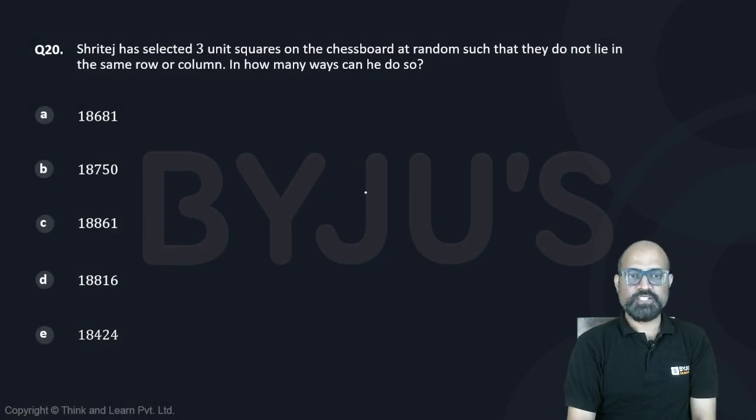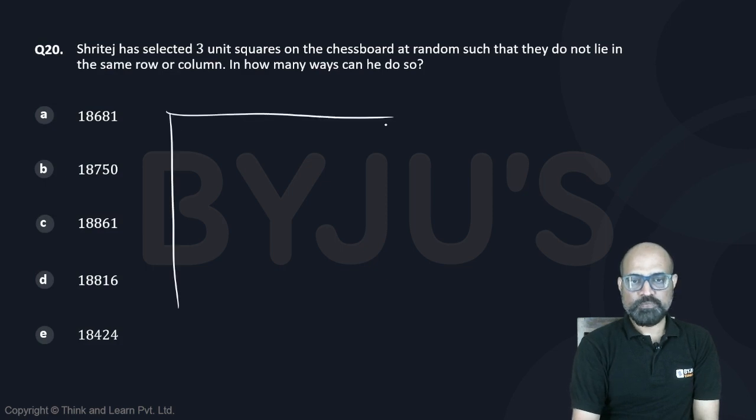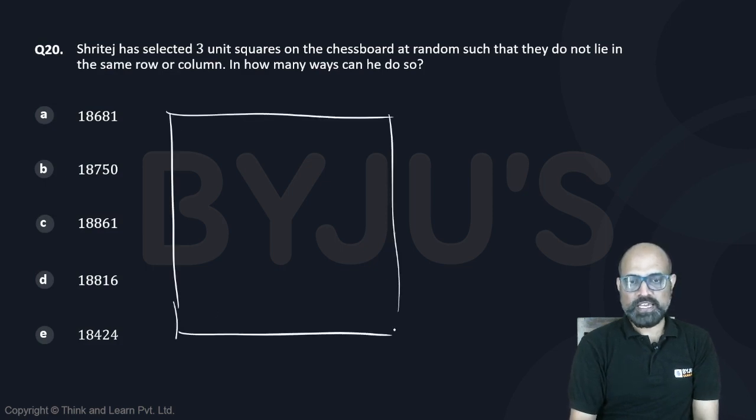Shritesh has selected 3 unit squares on the chessboard at random such that they do not lie in the same row or column. In how many ways can he do so? Well, in the case of a chessboard with 8 rows and 8 columns, the first thing that we should be